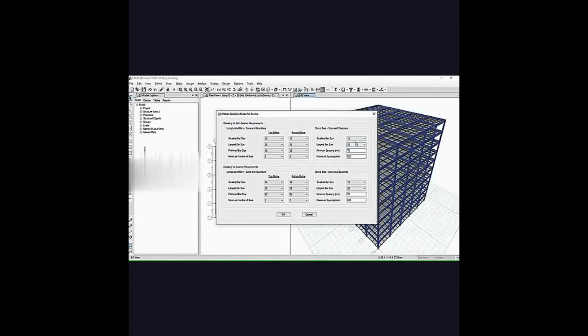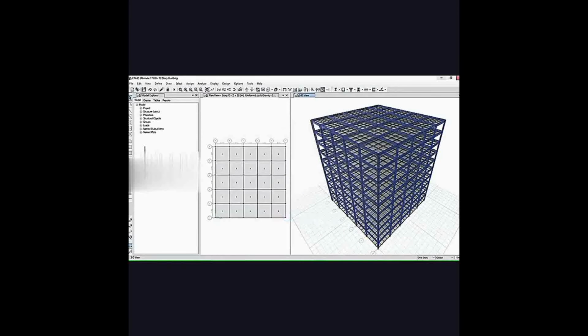In this we are giving the details of the longitudinal and lateral bars and the bars used for tying, the rebars, that is the reinforcing bars. Click OK option.